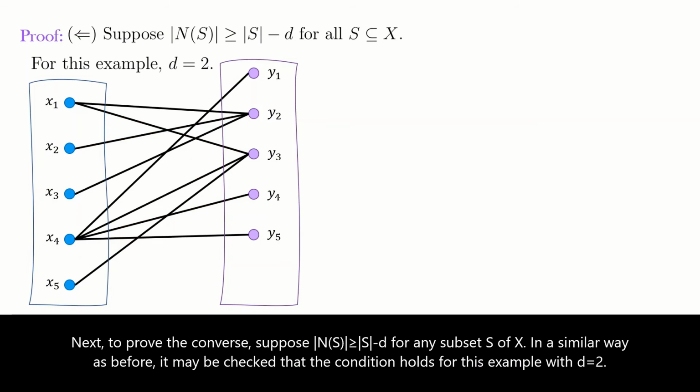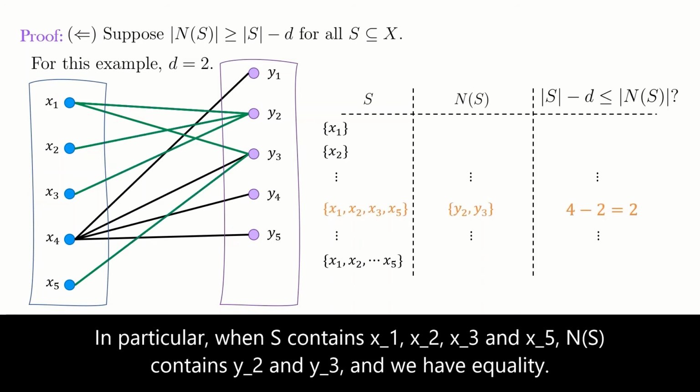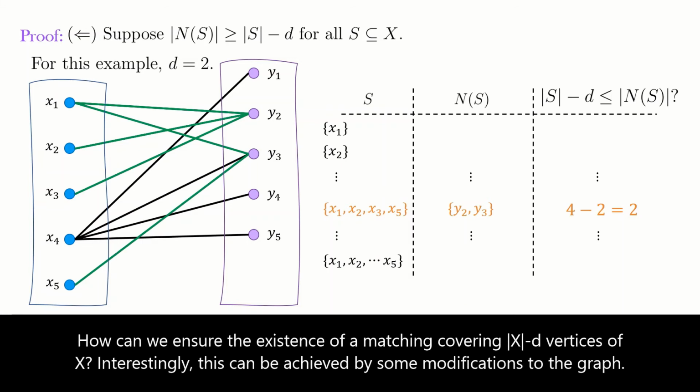Next, to prove the converse, suppose the size of the neighborhood of S is at least the size of S minus d for any subset S of X. In a similar way as before, it may be checked that the condition holds for this example with d equal to 2. In particular, when S contains x1, x2, x3, and x5, the neighborhood of S contains y2 and y3, and we have equality. How can we ensure the existence of a matching covering |X| minus d